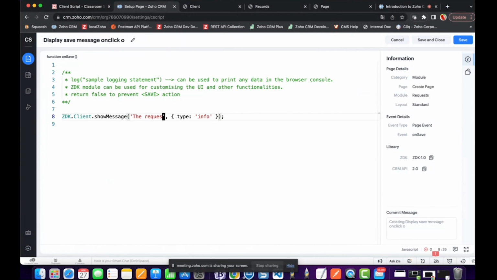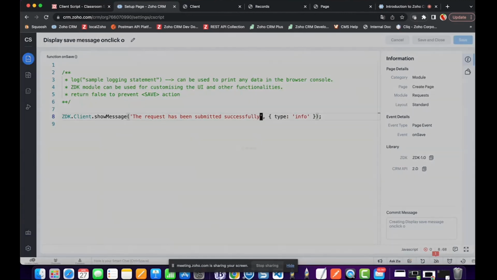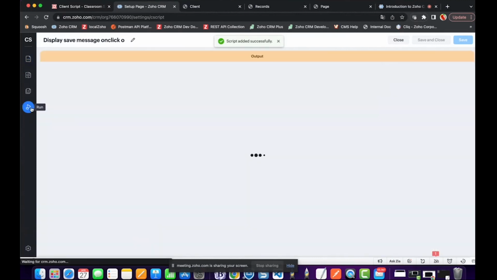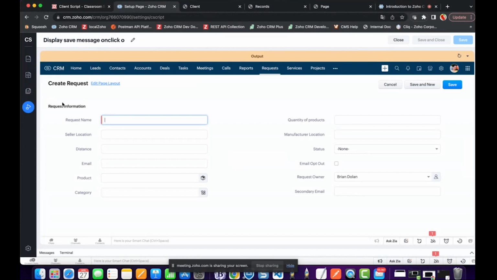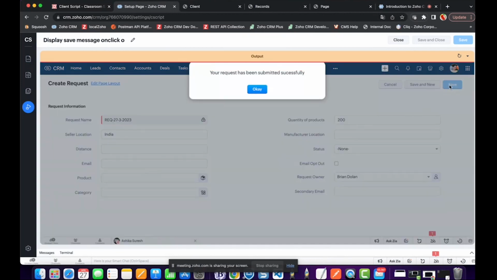The request has been submitted successfully. I'll save the code. Now I will see how the script works using the run option here. I'll enter values, and then when I click on the save button,